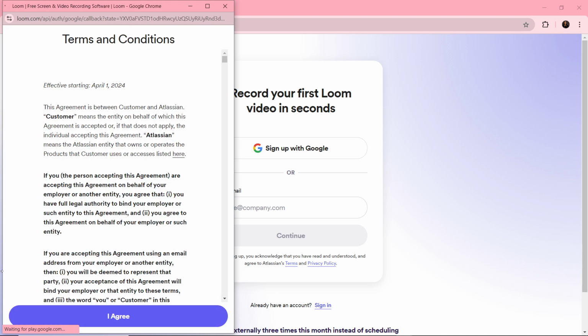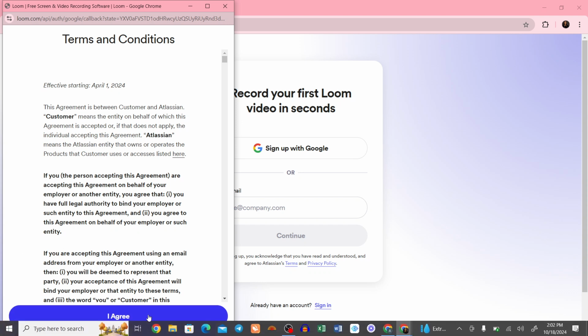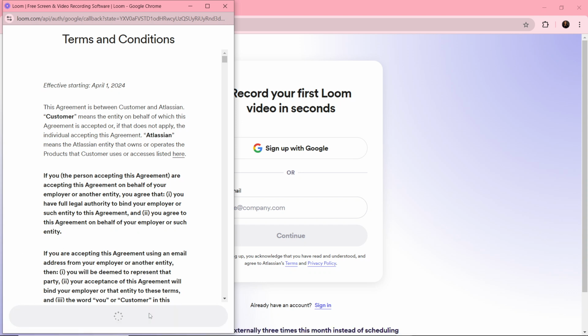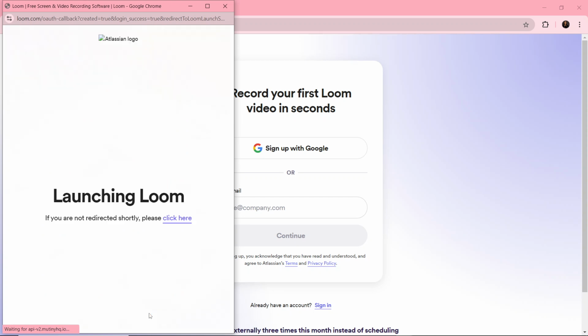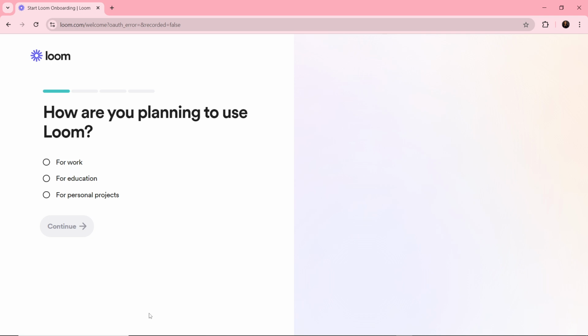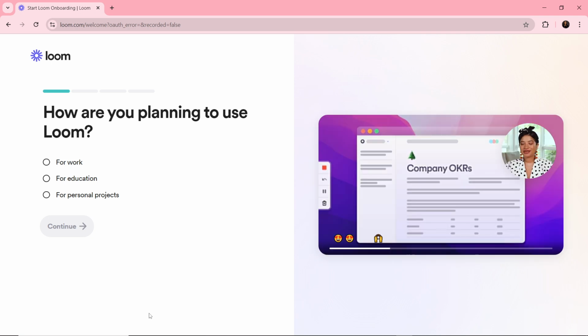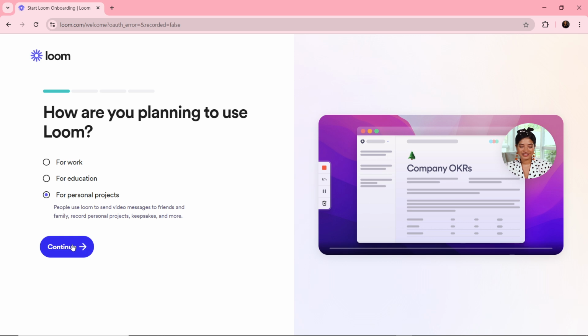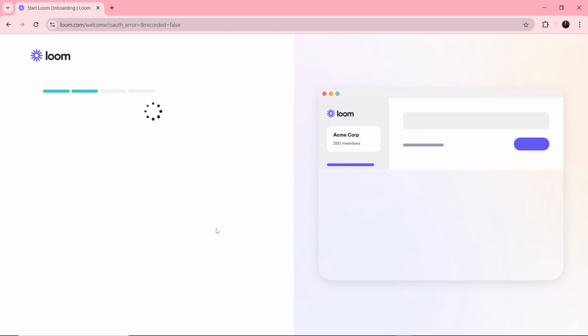And you have to read the terms and conditions and go ahead and click on I agree. And just hold on for the next process. So start Loom onboarding. Right here. So how are you planning to use Loom? So you can choose any of those options, either for work, for education, or for personal projects. So let's say for personal projects, and I'm just going to click on the continue button,